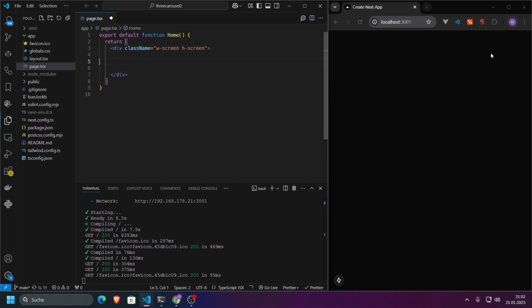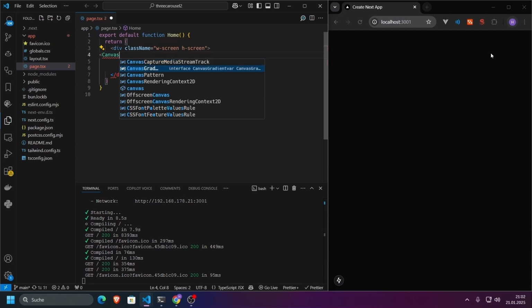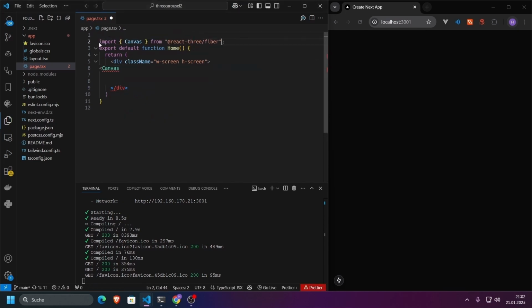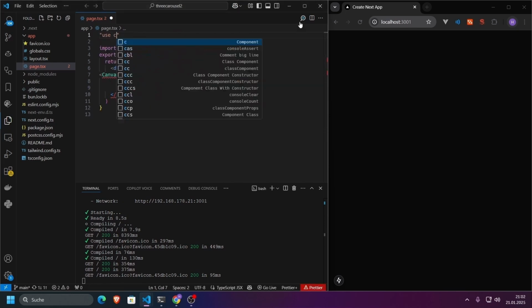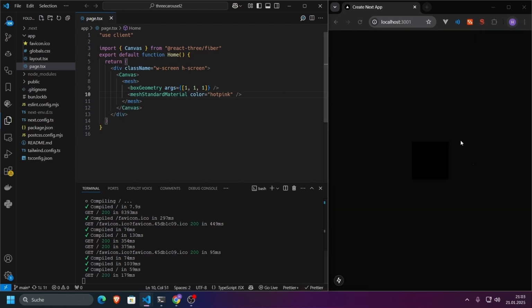Now let's try out if we can get React Three Fiber to work. So in here, let's import the canvas component from React Three Fiber. And currently I don't see it here. So let's import it. And above let's use client because we are in Next.js, otherwise it won't work. And now here we have our canvas component, and in here let's have a mesh, and then in here a box geometry and a mesh standard material with a color of hot pink, like so,